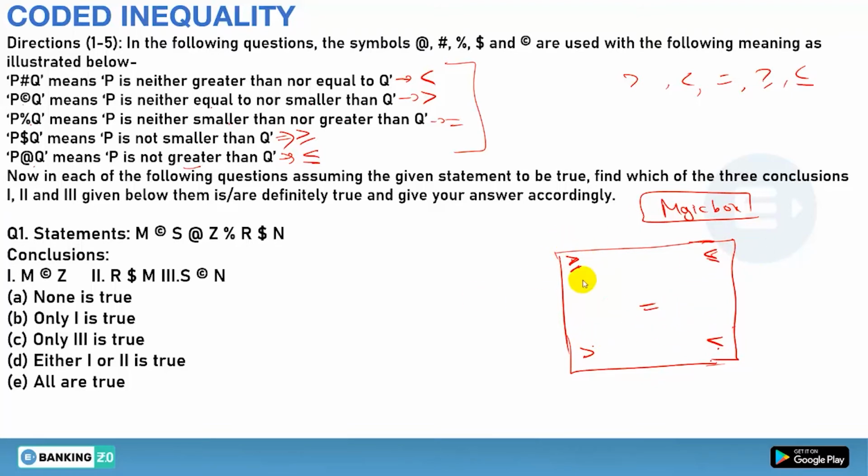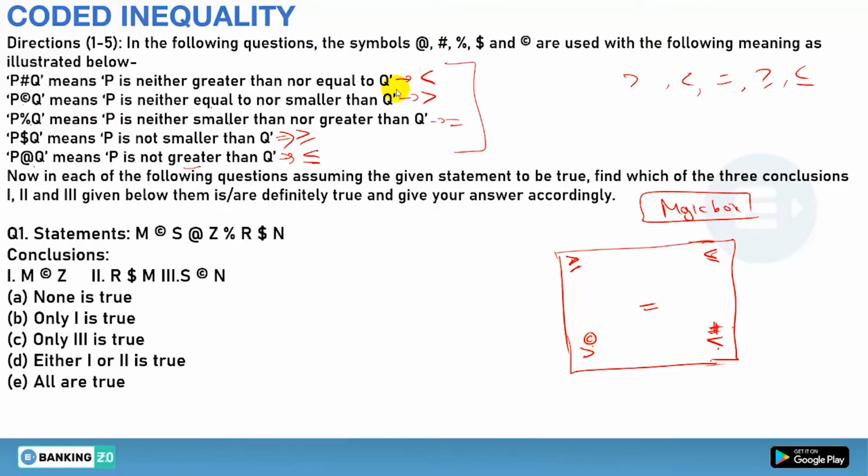So first of all, what you have to do is take the symbols that represent your inequality symbols. So hash means less than, so with less you must place hash. These inequality symbols are fixed, but the codes can be changed according to the question. Now copyright means what? Greater, so there you must have copyright, sorry, this is copyright.